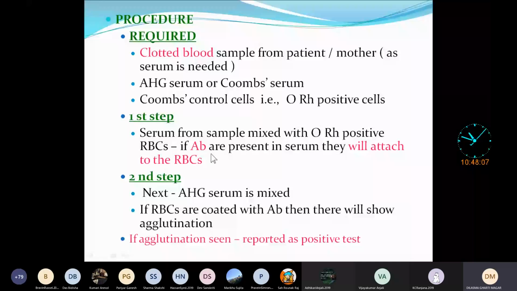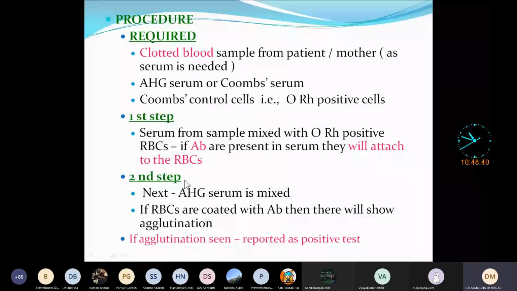In the first step, serum from the sample is mixed with the O Rh positive RBCs. It means that whatever clotted sample was taken, after the blood clots, the serum is taken and then mixed with the O positive blood. So whatever antibodies are there will attach on the surface of the O positive blood. Understood here? Now in the second step, the antibodies will attach on the surface of the RBC, but